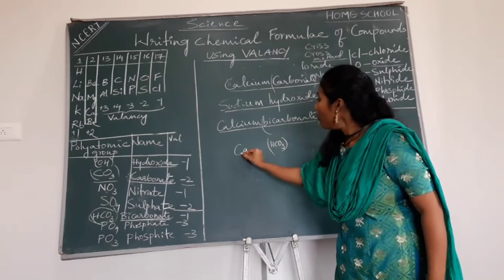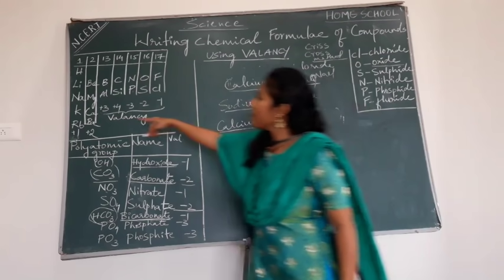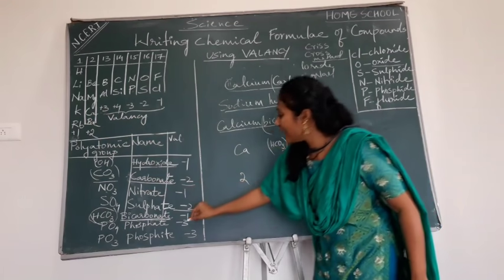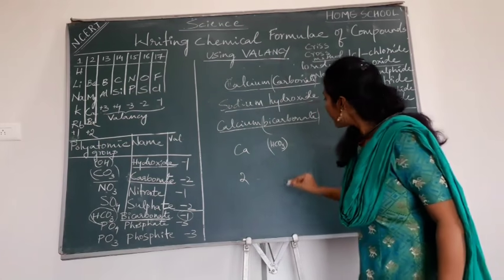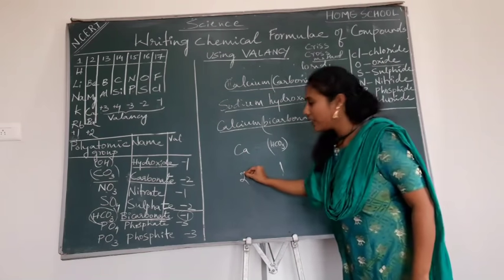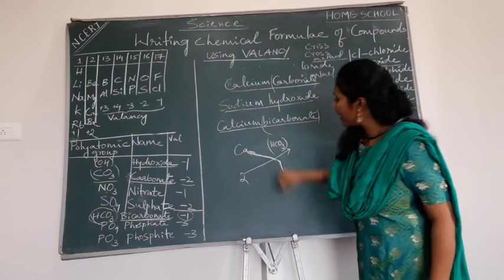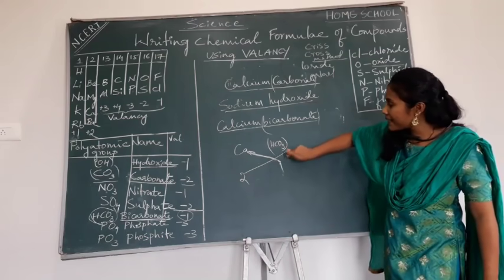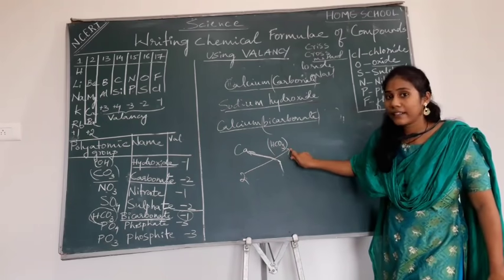Fine. And now what is the valency of calcium here? 2. Calcium is coming in group 2, so valency is 2. Bicarbonate valency is how much? See, it's -1. No need of taking any sign, right? So just mention a digit 1. And now remaining story is doing a crisscross. This number you have to write here. This number you have to write here. Okay? Don't write this number within a bracket. Say, outside the bracket you mention this digit. Not within a bracket. Okay?